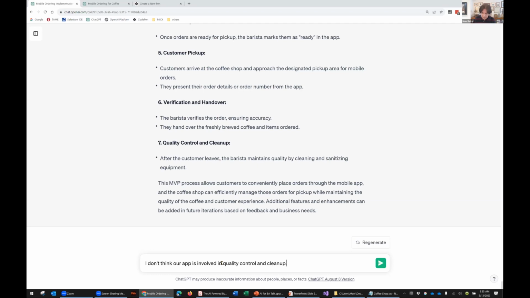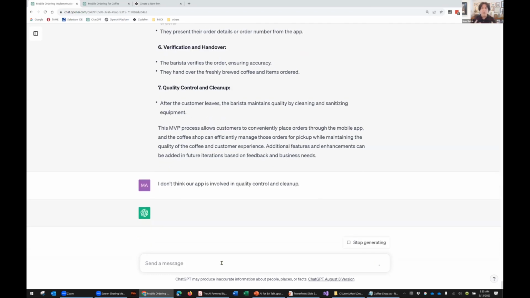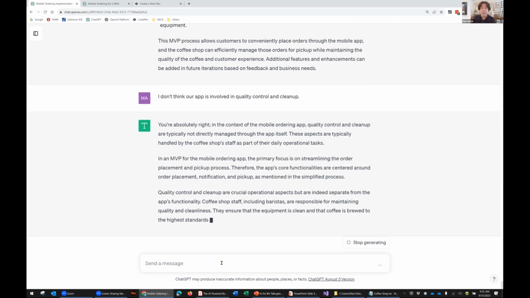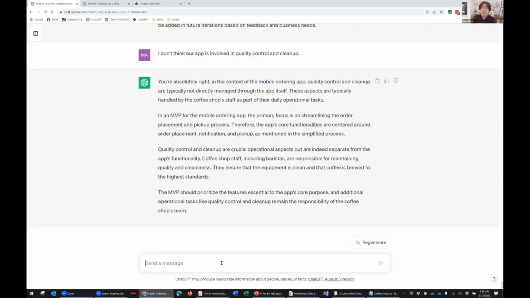Again, think about it as the overeager personal assistant, always ready to please you, but sometimes going out of scope. So scope management is a really important part of using AI, right?